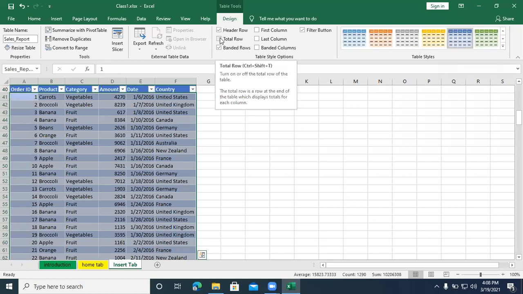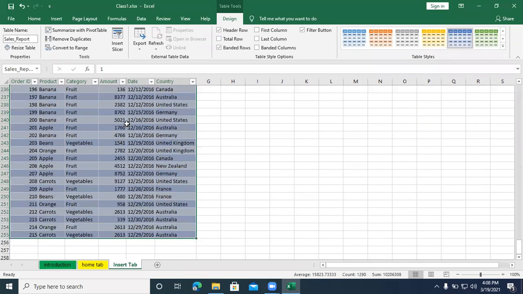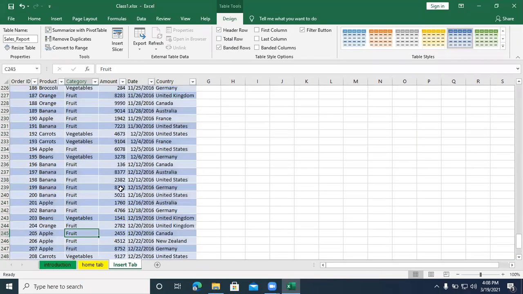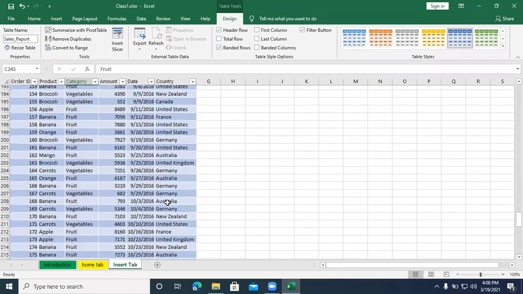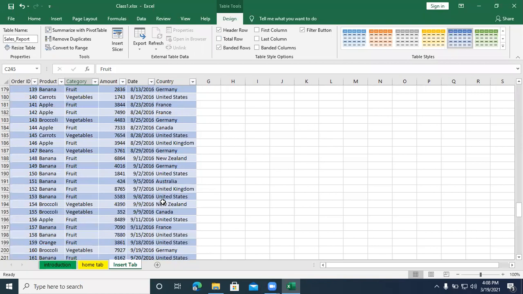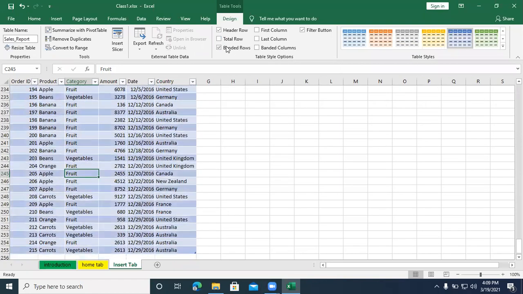You can also highlight the total row, which you get at the end of your table. Banded rows mean alternating rows. When you visualize this table, the alternate rows are highlighted with two different colors, one light and another dark. That is banded.